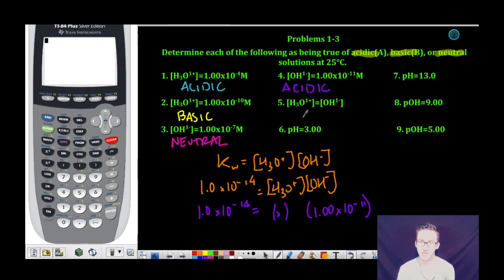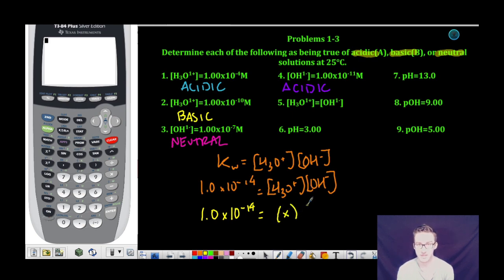As we look at question number 5, here we're not given an actual numerical value, we're just told that these two concentrations are the same. Well, again, Kw has to remain constant, 1.0 times 10 to the negative 14. Again, we aren't given specific numerical values, but they must be the same number. In this case, they must each be, I'll say, x. And so if we solve this, 1.0 times 10 to the negative 14 is equal to x squared. If you take the square root of each side, you're going to end up with 1 times 10 to the negative 7. And so when you have equal concentrations of hydronium ion and hydroxide ion, you will have a neutral